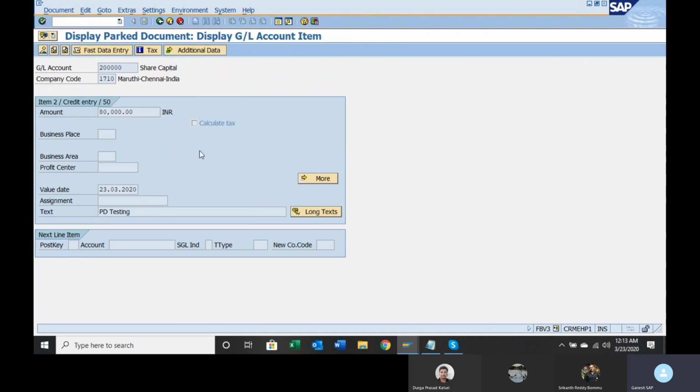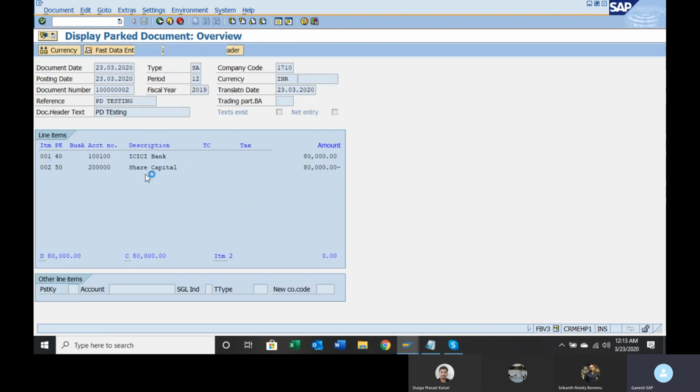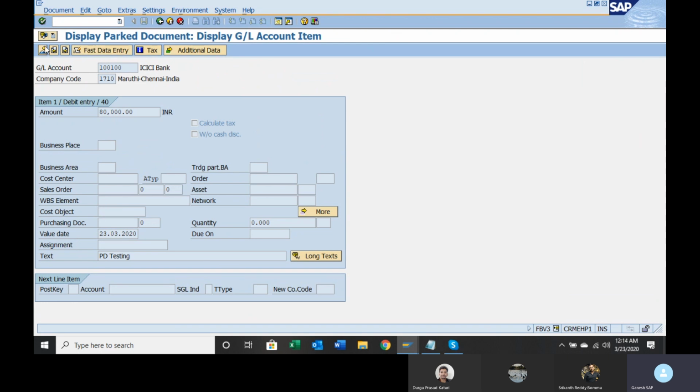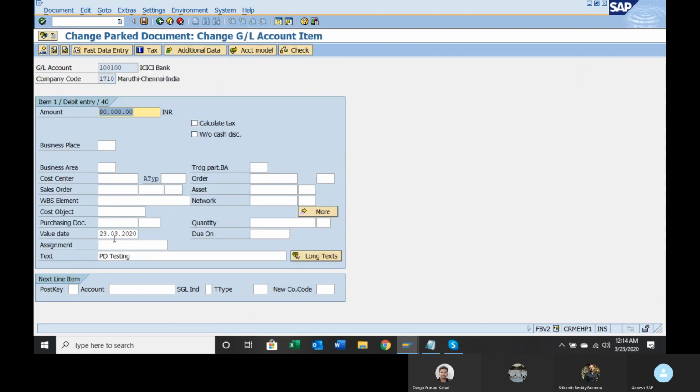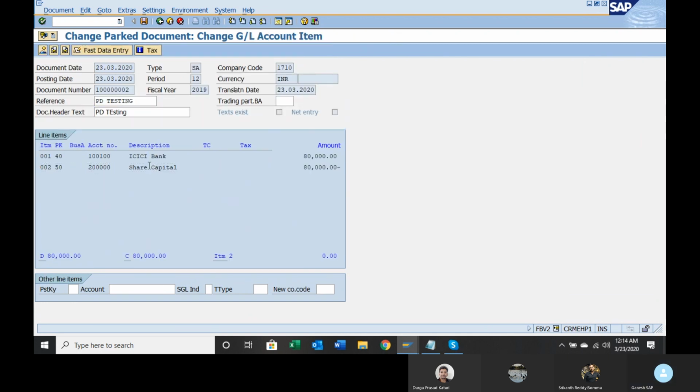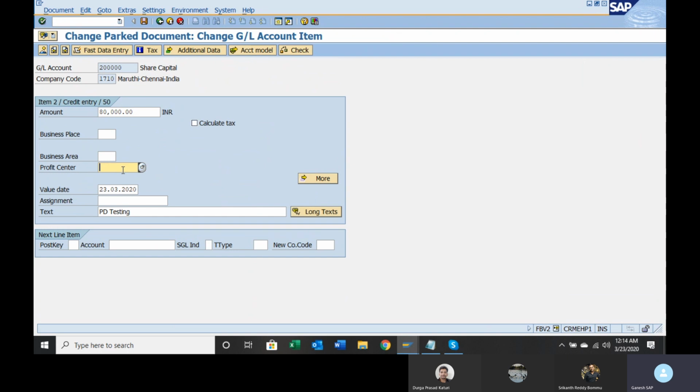Credit line item, there is no profit center given. So let us change this. Click on the change button. Do you see profit center here? Cost center. Where is profit center? So let us give the profit center, press enter.